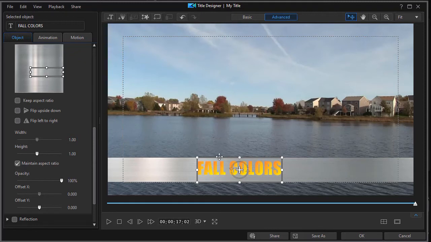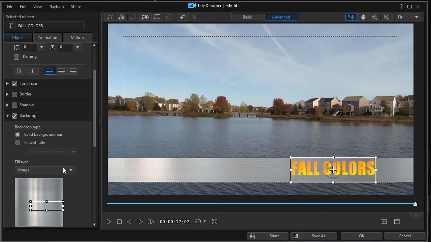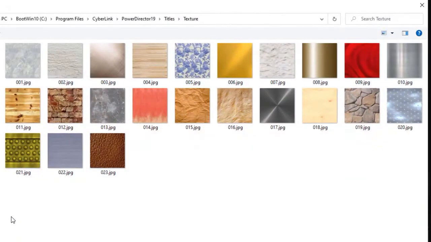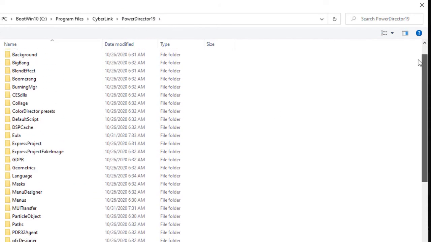What I can also do is I can take my fall colors and I can move that horizontally anywhere I want in relationship to the background image. There it washes it out. Over at the right it looks pretty good. But those are some of the things I can do, but let me show you something else that's fun with this. I'm going to click on the image again and click on the word image, and now instead of going there I want to go somewhere else in PowerDirector. I want to go to my background images